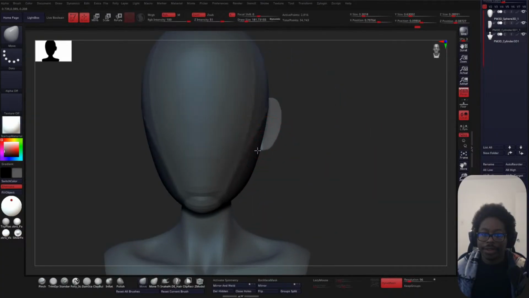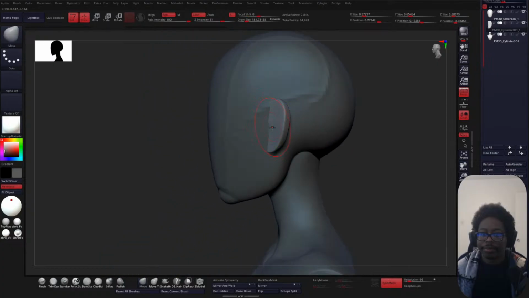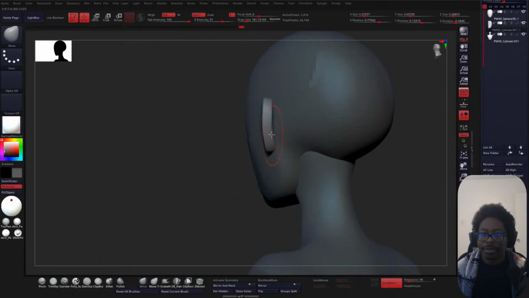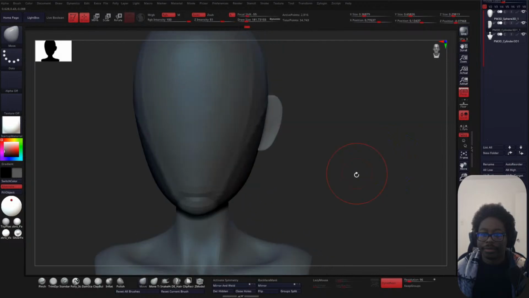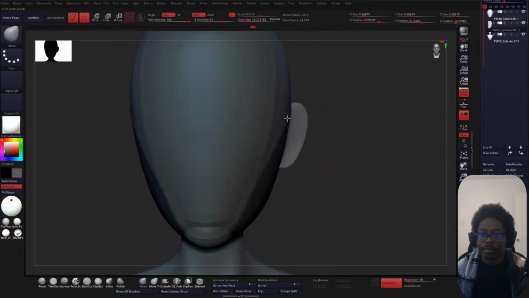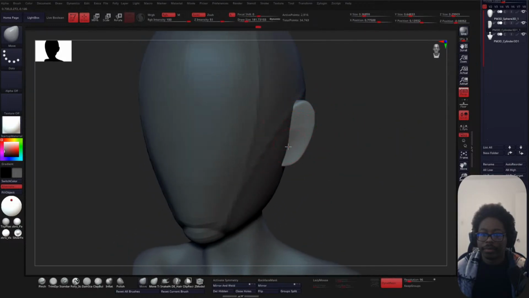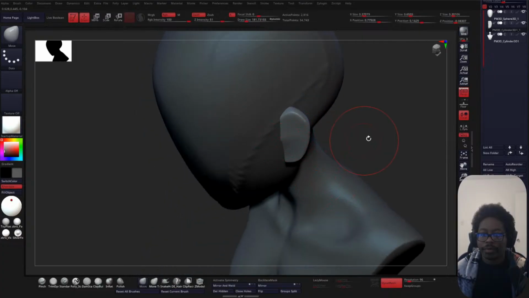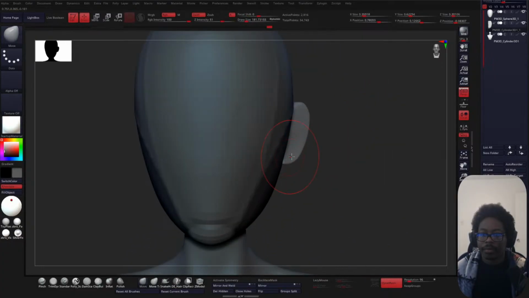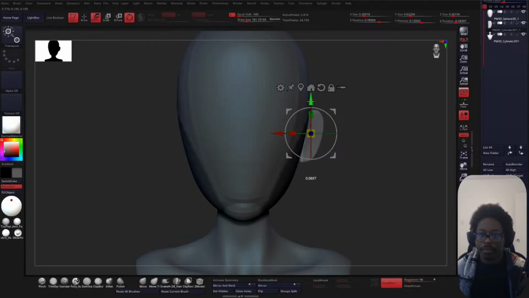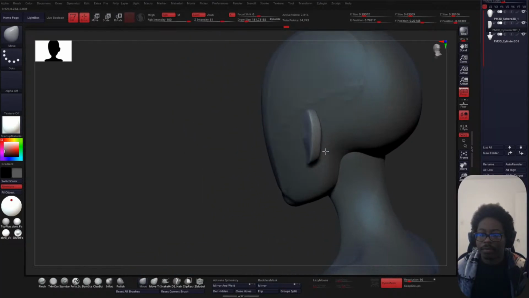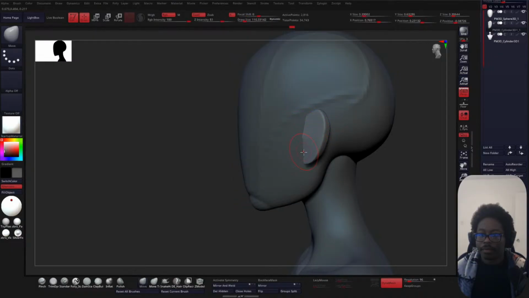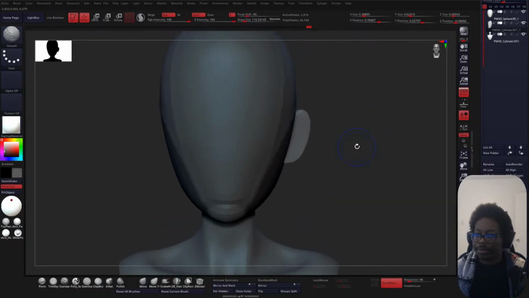Things will look weird at first, but if you just trust the process, it'll work out, you know? I've learned if things look a little weird sometimes, just